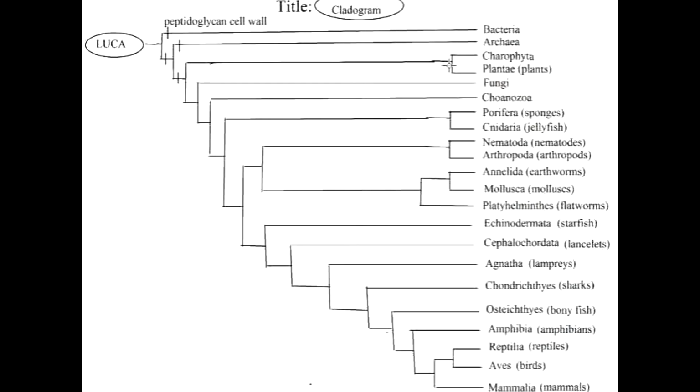This fork is leading towards the plants and the plant-like protists, and this fork is leading to the other ones. You could write autotrophic over here, or you could write heterotrophic over here. Over here, there's a fork between plants and the plant-like protists. We didn't get into that yet. We get into it more in a few weeks. You could write a protective embryo over here, or no protective embryo over here, your call. You don't have to do that even. We haven't learned that yet. As we move along over here,